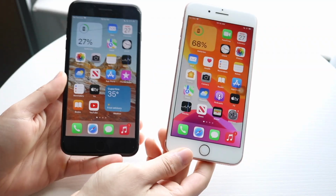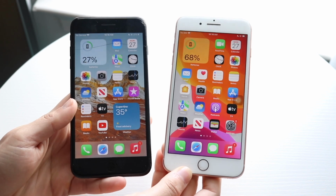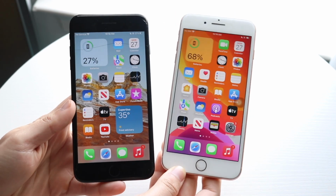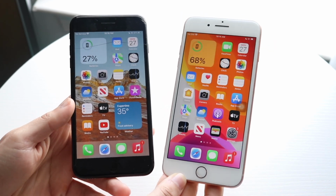So the iPhone 7 Plus and the iPhone 8 Plus have been out for many, many years now. So let's go and see how both these devices compare in 2023. Now, I probably wouldn't recommend these being the first devices you pick up this year, but if you want